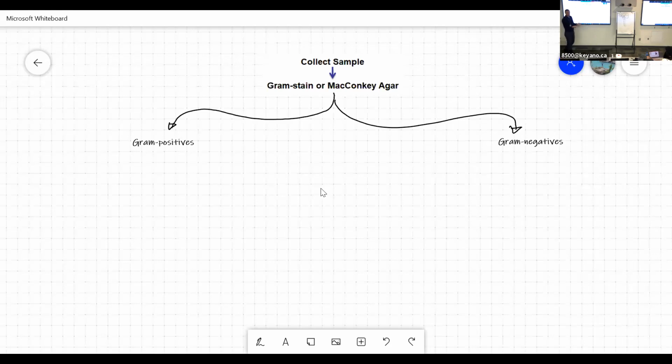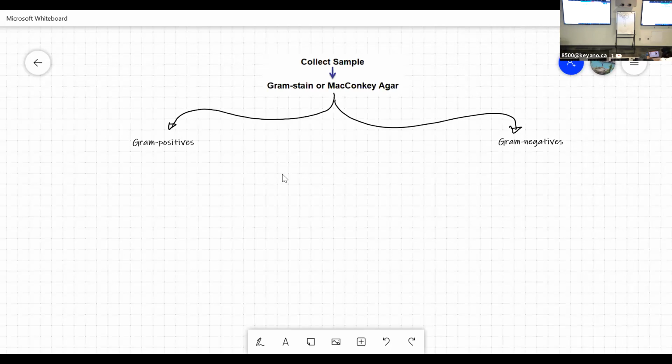So you can see the first step is collecting the sample, right? And then it's a matter of, you can do a gram stain or MacConkey agar or other selective media to select for gram negatives or gram positives, right? And what I'll do is I'll draw some little pictures of the organisms too as we go along. So gram positives,